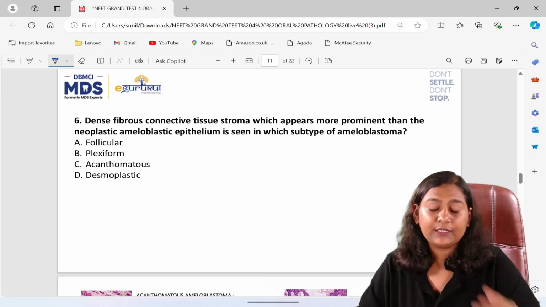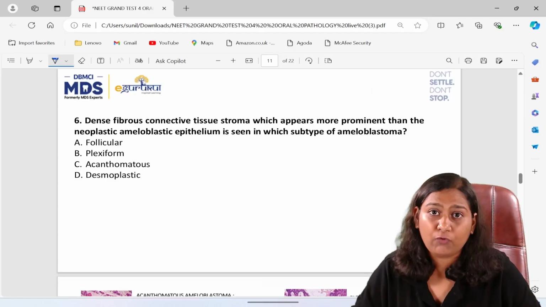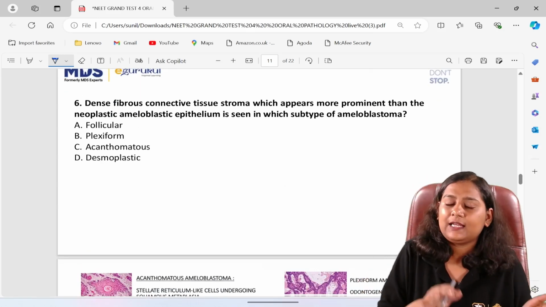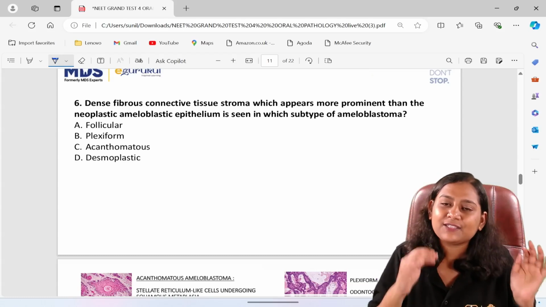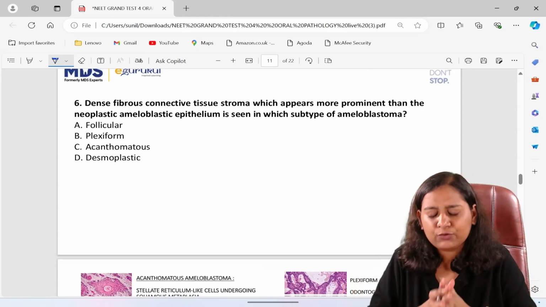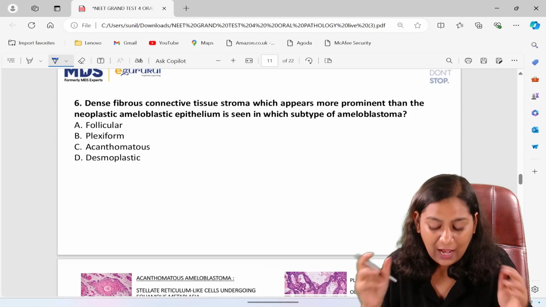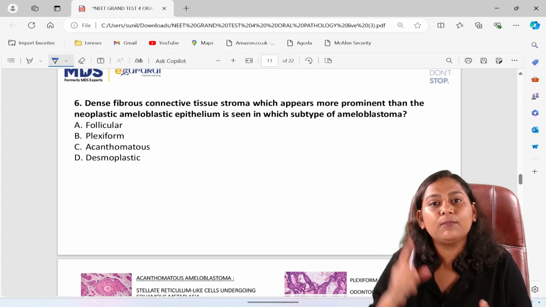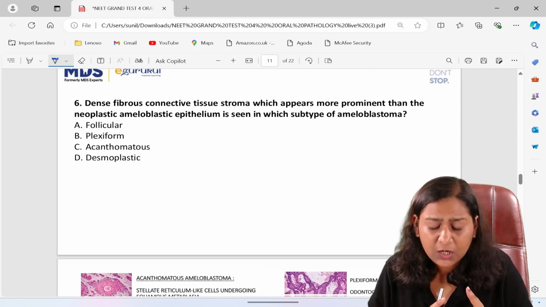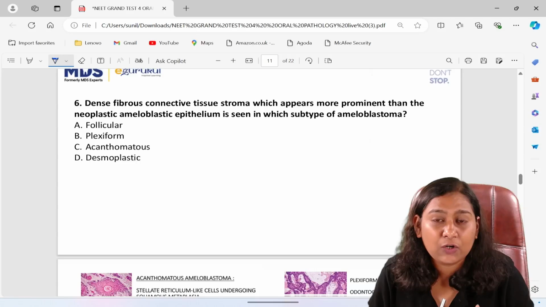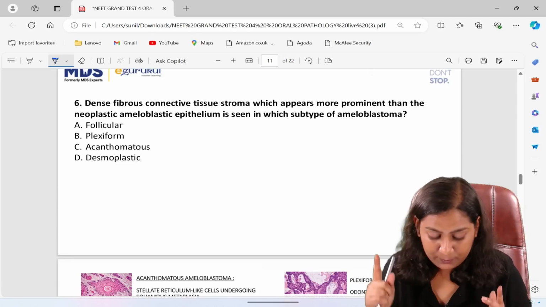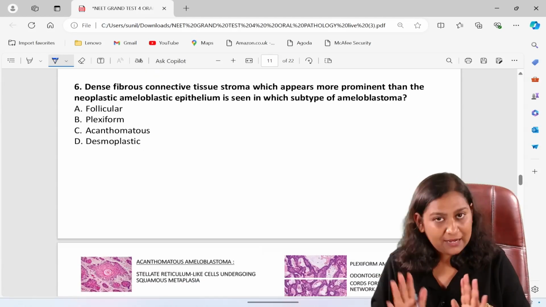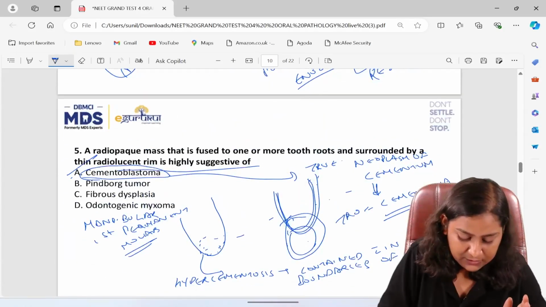Now, a similar kind of question was asked in your recent NEET paper, and many students were confused. Then I had a recall session, and still students are confused. So I do not want any question after today's session about which histopathological variant is the most aggressive, which is the most common type, or what is the difference between plexiform ameloblastoma and desmoplastic ameloblastoma. So let's have a look at ameloblastoma in detail. First, have a look at this question. The answer is cementoblastoma for this.